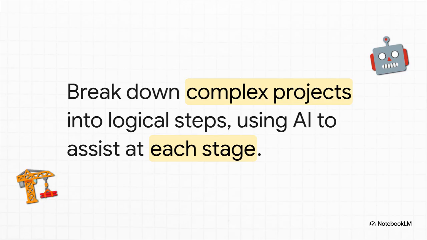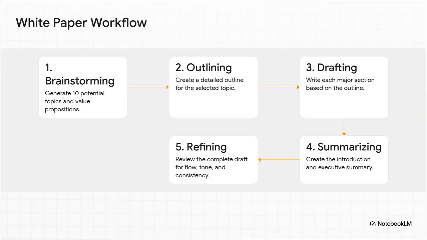I mean, you wouldn't try to build a house all at once, right? You lay the foundation, then you frame the walls, then you add the roof. We're just applying that same smart, step-by-step process to our work with AI. Let's take writing a white paper, for example. Instead of one huge, confusing prompt, you break it down into manageable chunks. First, you use the AI to brainstorm topics. Then you pick the best one and have it create a detailed outline. Then you have it draft each section individually. This approach keeps you in the driver's seat and produces a final product that's so much higher in quality and